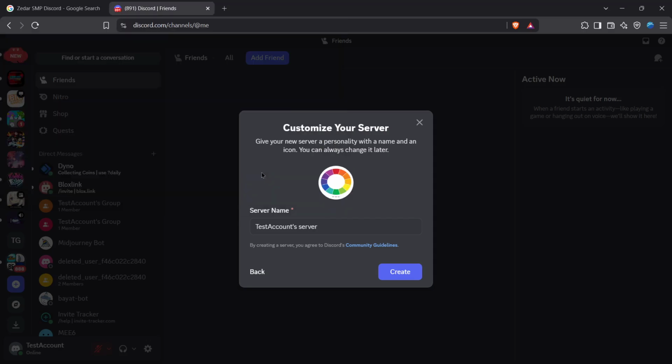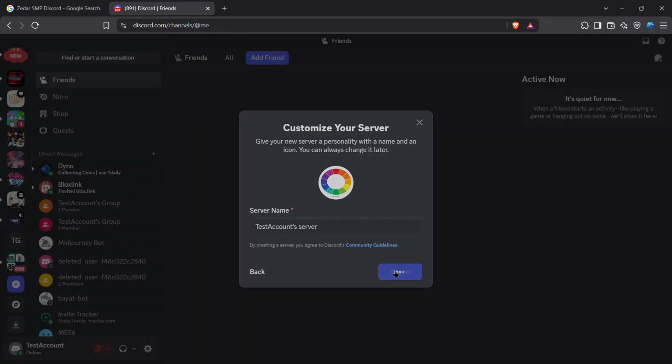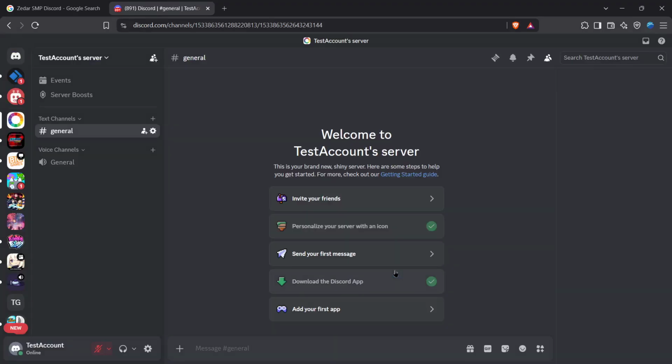In the server name field, clear the default name and type your new server name. For this example, I'm using Pixel Lounge. Click the Create button at the bottom of the modal, and your new server opens with a welcome screen showing the default channels Discord has set up. Click the #general channel in the left sidebar to open your first text channel, and now your server is ready